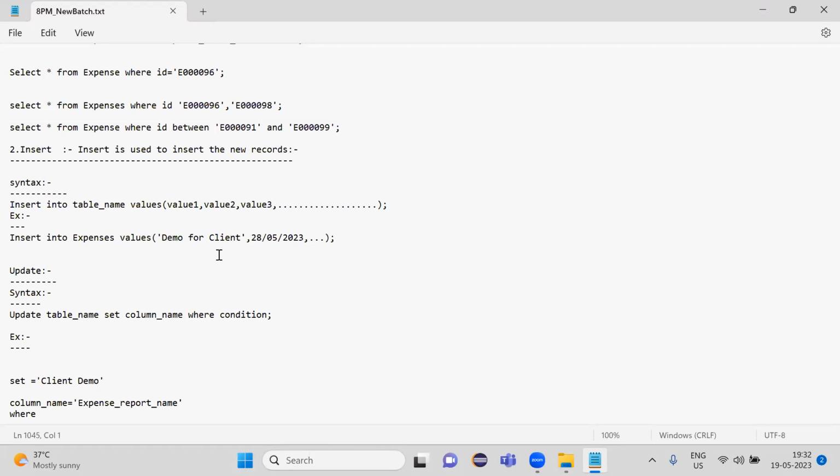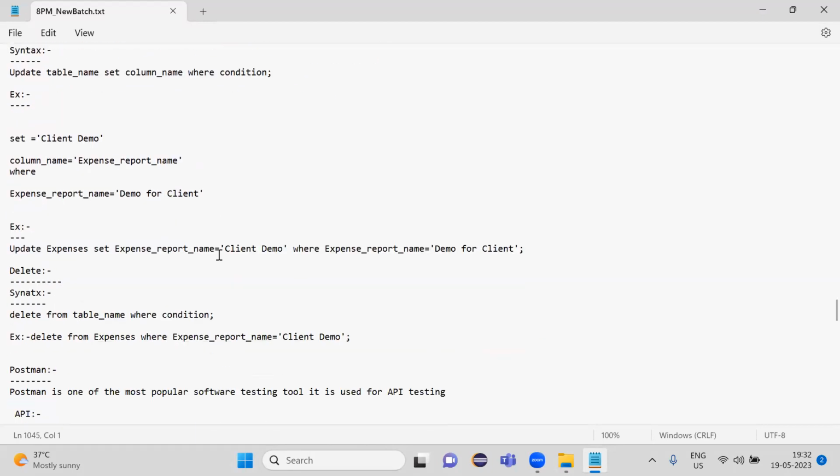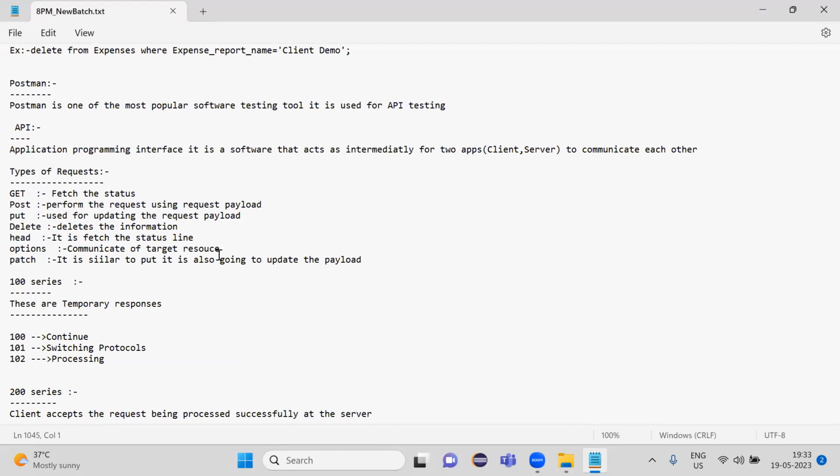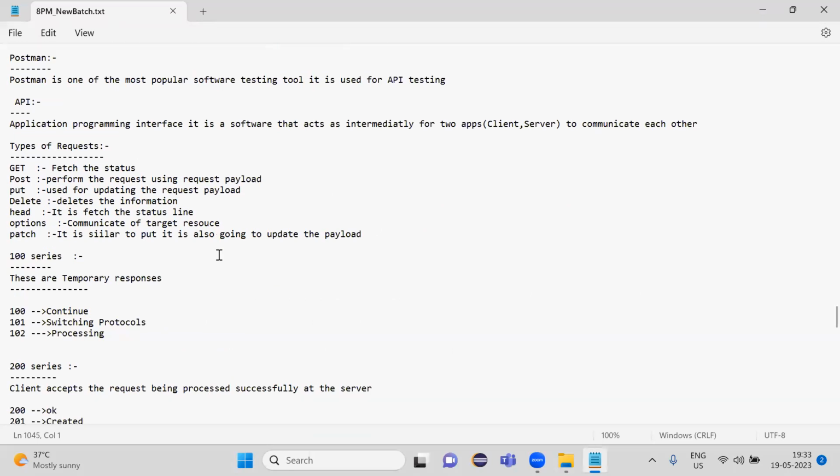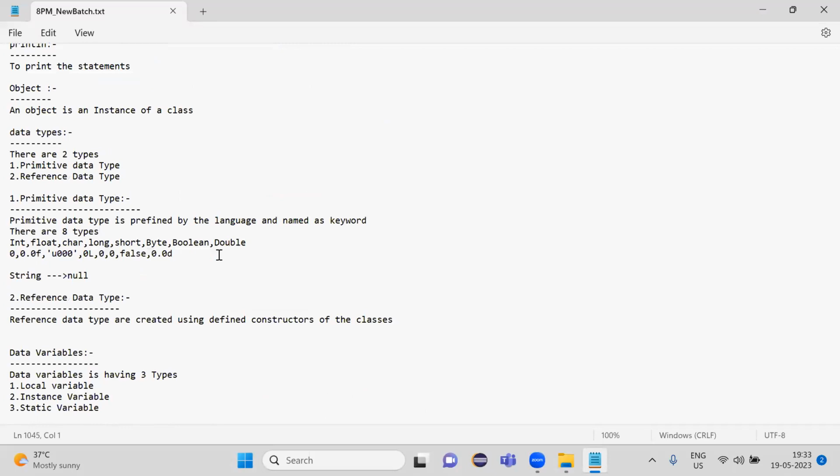And coming to series, how many series are we having? Five types of series: 100, 200, 300, 400, and 500 series. These are the things we have discussed in manual testing. If you have any queries or any doubts, you can ask me. From Monday onwards, I will start